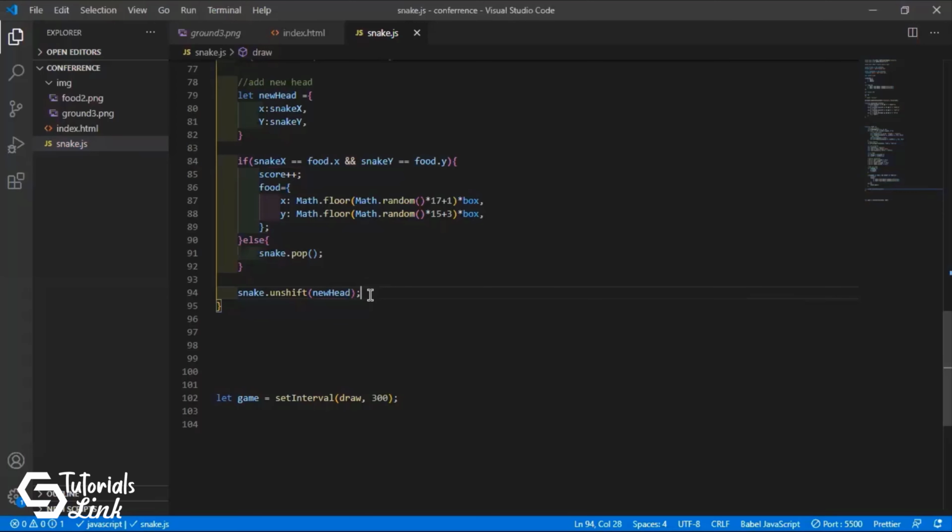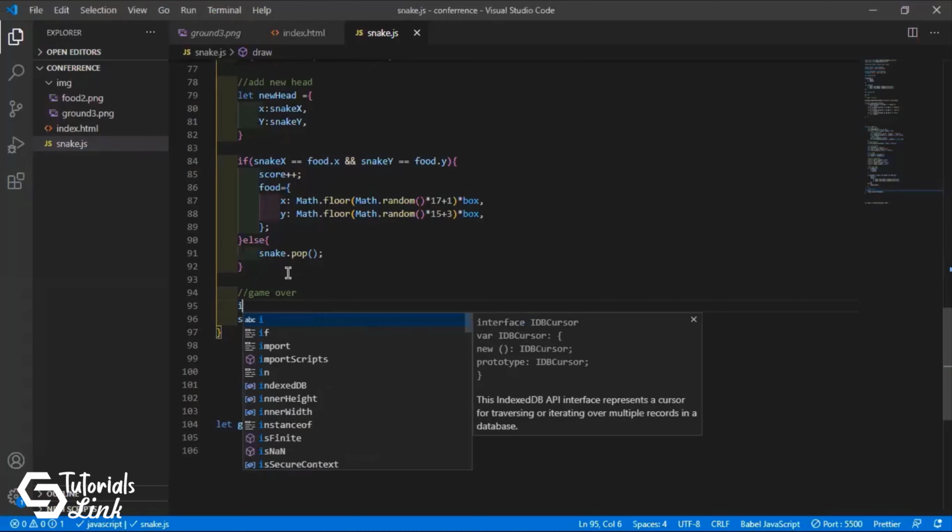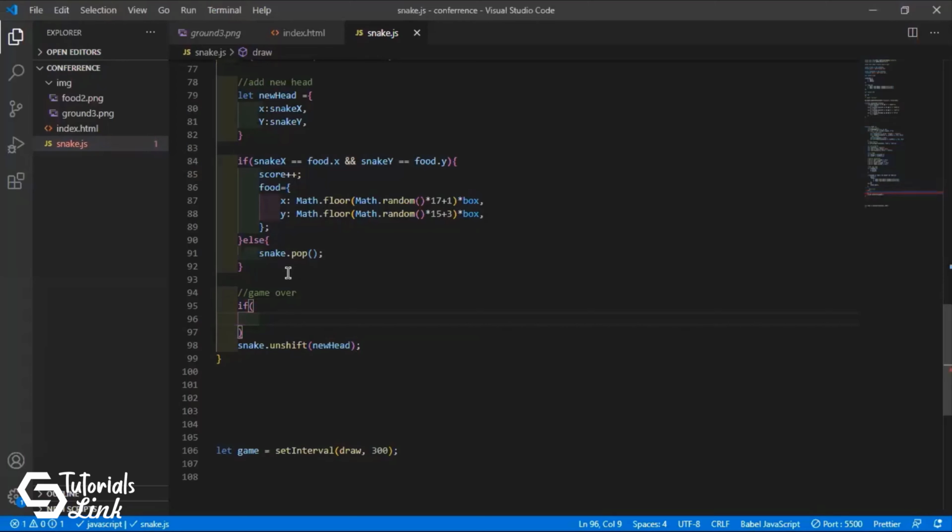Now the last thing is the game over part. So for game over, I told you it will be an if statement. So for this if statement, just look carefully. The snake x, the x direction should be less than box, because in one side of x, it is 1 unit. Or for the snake x direction, it should be greater than 17 into box.